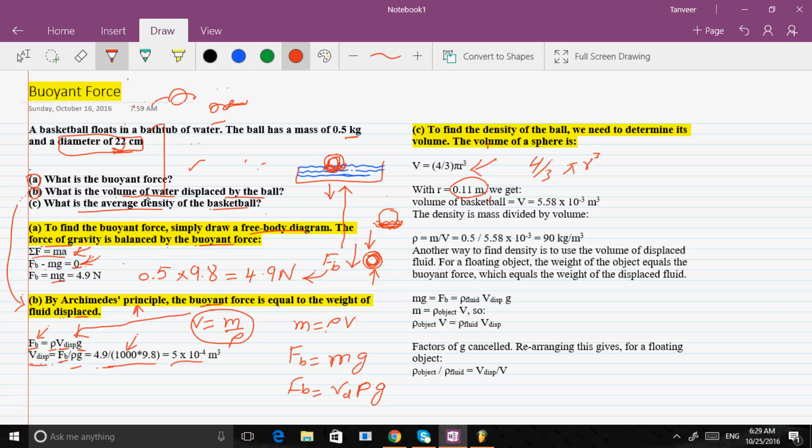Using this formula, the volume is 4 by 3 times pi times the radius 0.11 cubed,